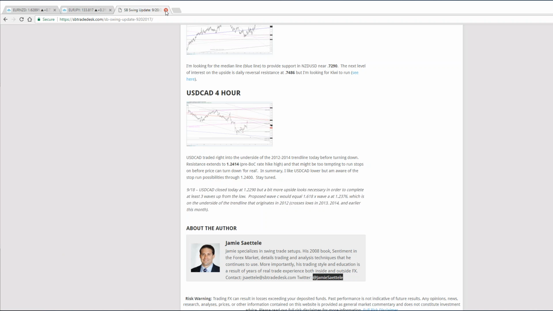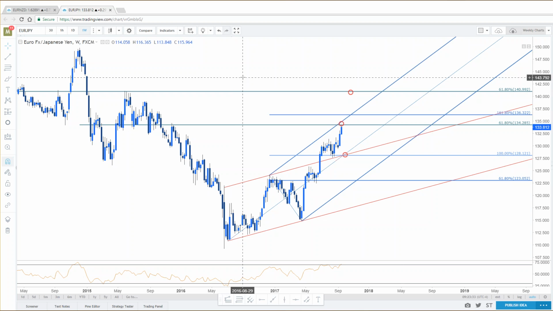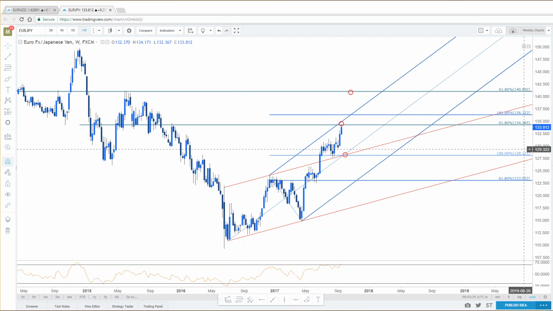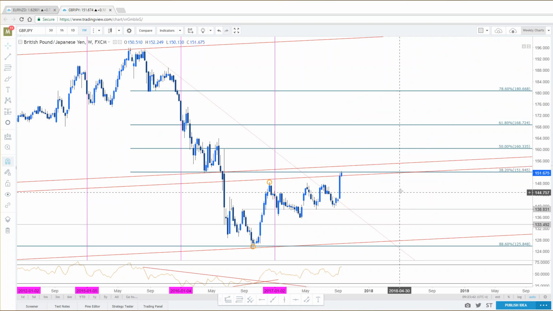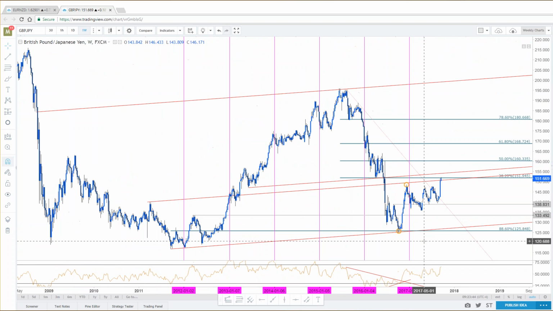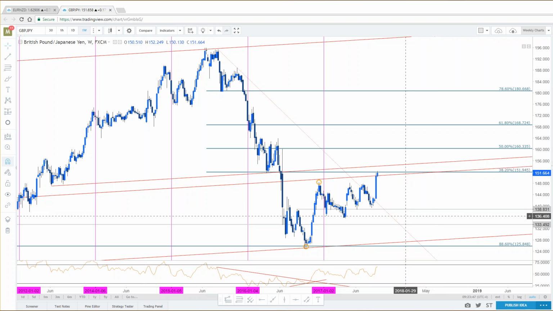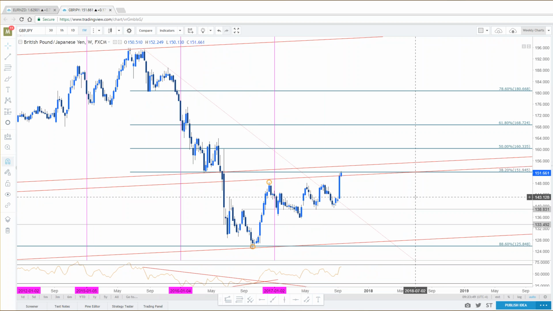Okay. So moving right along. What was it you want to talk about? Pound yen. Here's pound yen. So this is the weekly chart. And it's kind of something that popped into my head yesterday because the rally seemed to really rip. And obviously on the daily charts, we were looking at that long-term trend line off of mid-2015, which kind of came in, kind of dabbled with a break earlier.